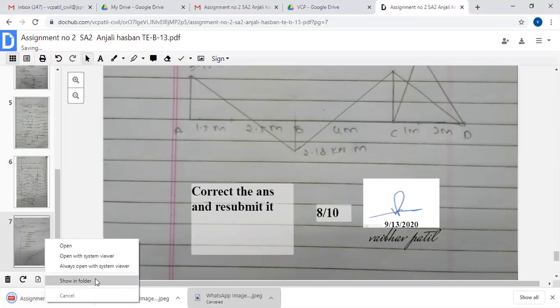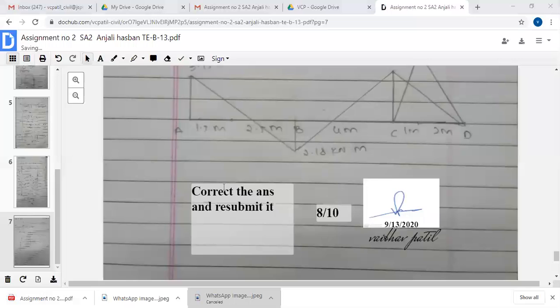Okay, like this, it's showing the folder I'm making, and this is the assignment. Okay, I'm opening this assignment again, and you are observing that this assignment is totally downloaded here, means the assessed assignment is there.